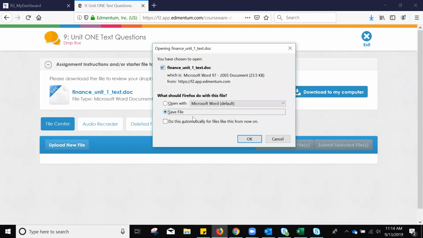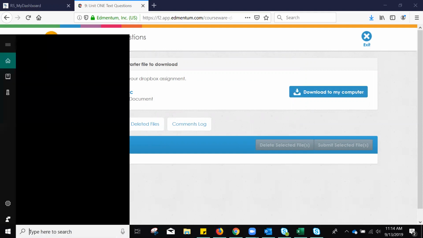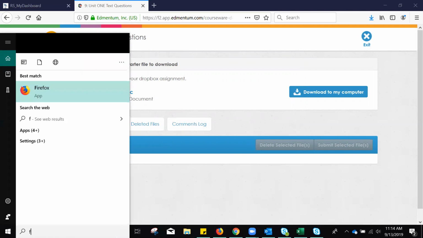Okay, once it opens, since you do not have Microsoft Word on your computer, you're going to want to save the file. So choose Save File and click OK. Okay, once the file is saved, you can either find out where the file was saved to. Usually it's to your downloads. And a way to figure out where that file was actually saved is to search for it. So if I want to search for the finance